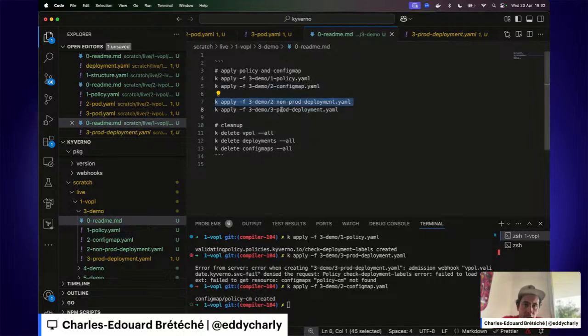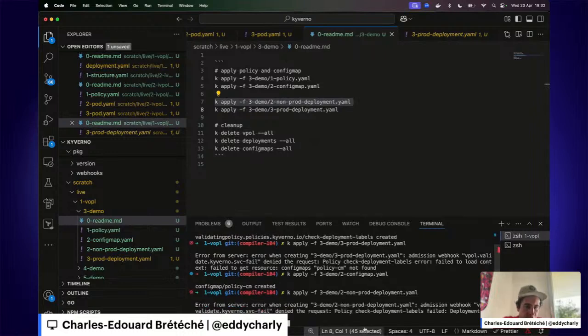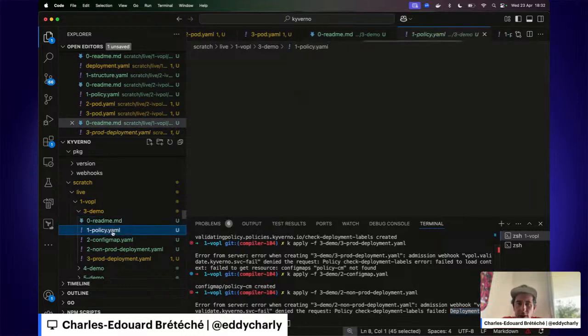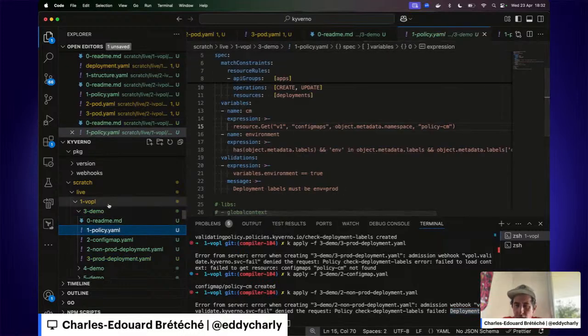We can try with the non-prod deployment, and this should be rejected. So the admission webhook denied the request and tells us that deployment labels must be env equals prod. That's the message we have here.